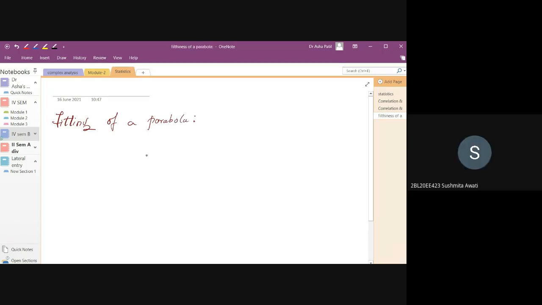ax square plus bx plus c. How will you say that it represents a parabola? Is it correct, others? ax square plus bx plus c. Is it the equation of a parabola? Yes, ma'am. A quadratic equation. Okay. ax square plus bx plus c denotes a parabola, because in general